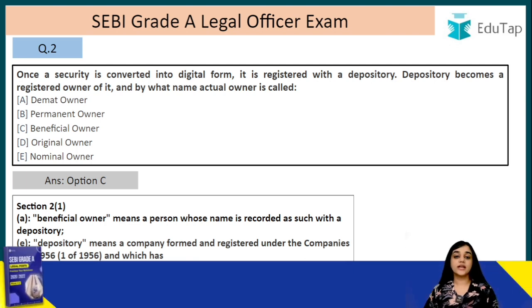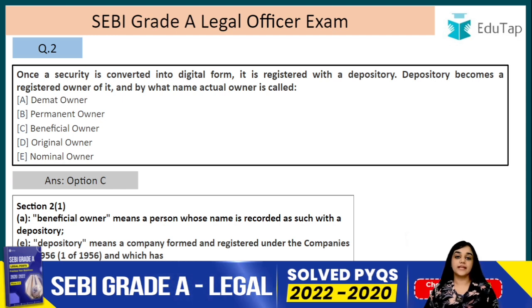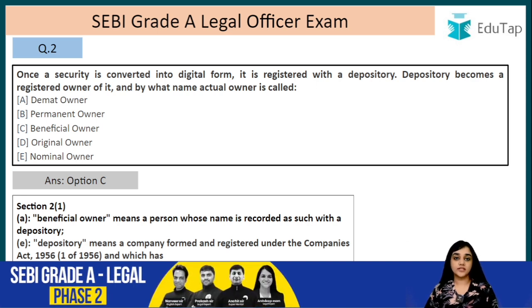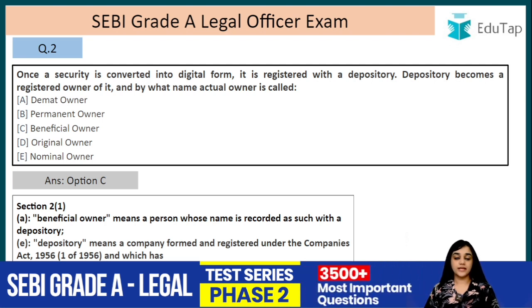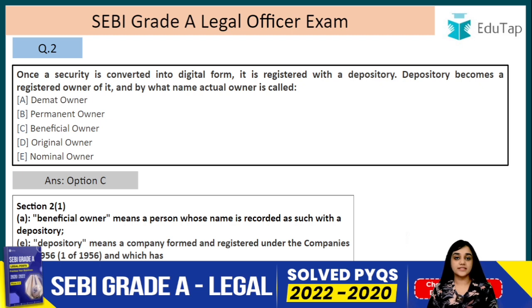So the organization that holds these securities on the request of the investors in electronic form through a depository participant is known as a depository. If you want to understand what a depository is, you can compare it with a bank. Like, for example, you deposit your money in the bank and the bank keeps your money safe, right? In the same way, you deposit your securities, which can be shares, debentures and any other security, with the depository, right? So it is just an organization that is keeping your shares in electronic form.